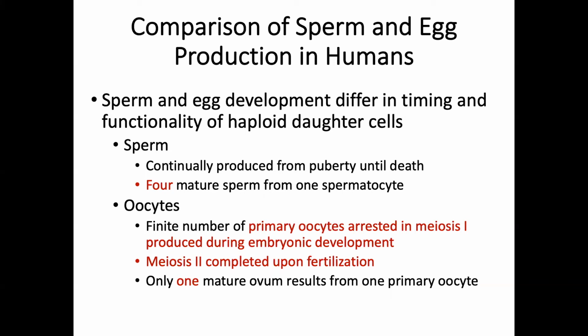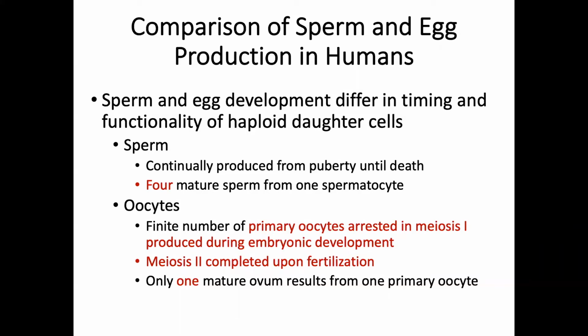in our daily life. First, sperm are continuously produced from puberty until death, and each primary spermatocyte, also known as the sperm cell before meiosis 1, can produce full mature sperm. This is probably the reason why sometimes you hear that a 60-year-old man can have a baby, although it is